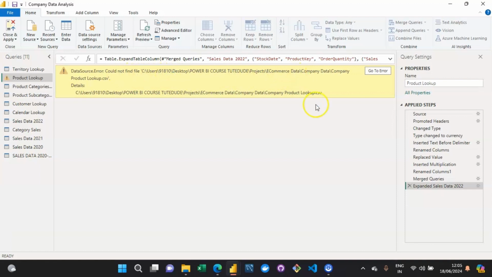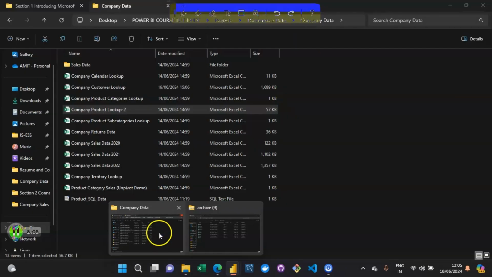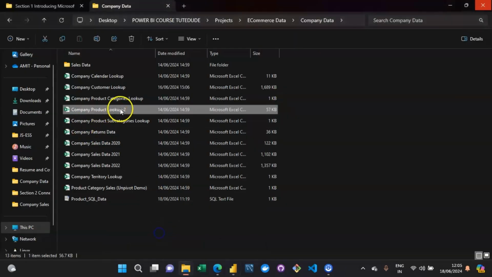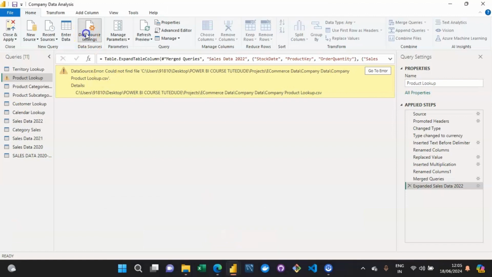So what exactly we can do over here is, if I want to simply come out of this error, I can do two things. Either I can make the changes to this specific file name itself, wherein I can rename it back to company product lookup from this new file which I have just gathered right now. Or one more thing I can do from my side is in Power BI,